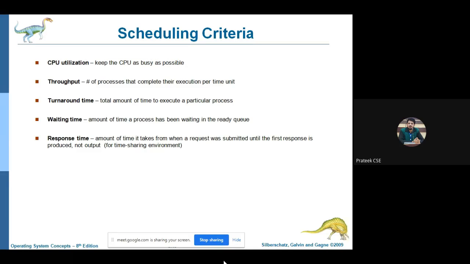And the last and the most interesting, response time. So response time is amount of time it takes from when a request was submitted until the first response is produced. So हमने डिस्कस किया था मल्टी प्रोग्रामिंग और मल्टीटास्किंग में यही डिफरेंस है. मल्टी प्रोग्रामिंग, if there are 10 processes, P10 never knows उसकी बारी कब आएगी, but in the time sharing systems, in the multitasking system, the time quantum